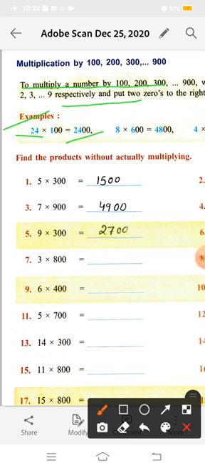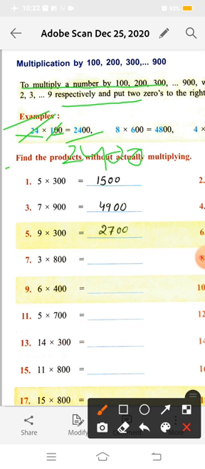2400. Now firstly, what will we do here? We will multiply 1 and 24. So 1 times 24 is 24. So put here 24, and then how many zeros are here? 1, 2. So put 2 zeros to the right of the product. The product of 24 multiplied by 1 is equal to 24, and now we have 2 zeros, so put 2 zeros to the right of the product. Okay, so likewise we will do the given questions.